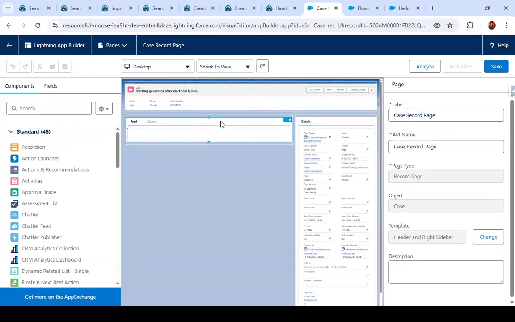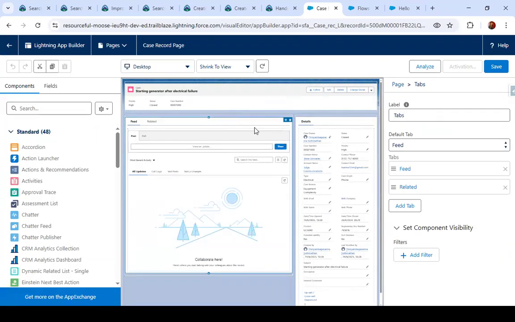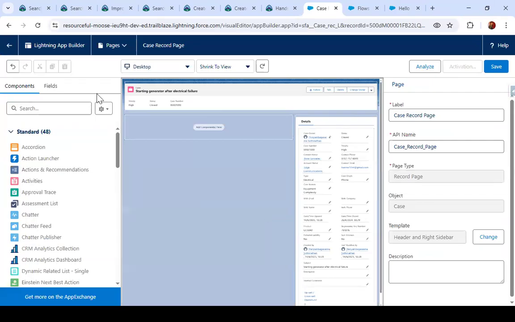So let's say I don't want this component here. Just delete it, and I want the flow. So again,